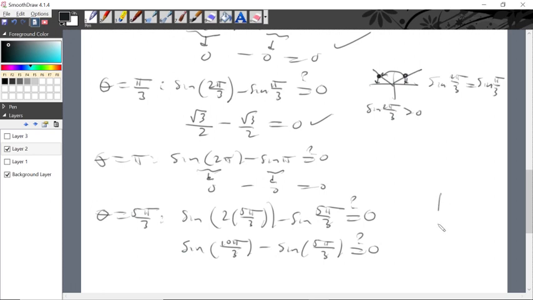10 pi over 3. Where is that? Well, we already know 5 pi over 3 is in quadrant 4. We found it to be there. Where's 10 pi over 3? Well, we have